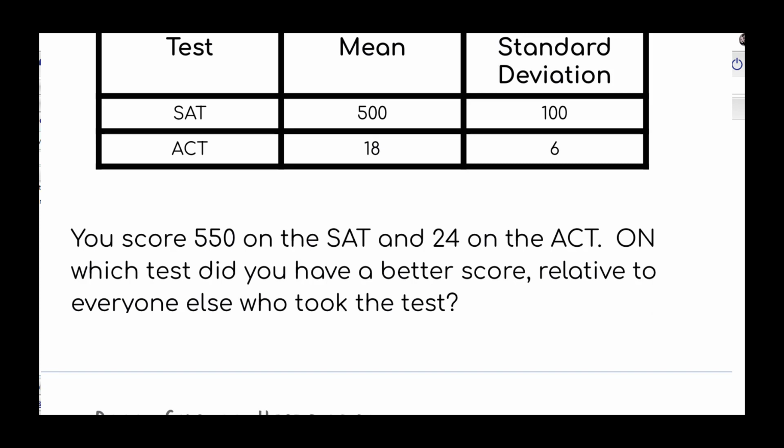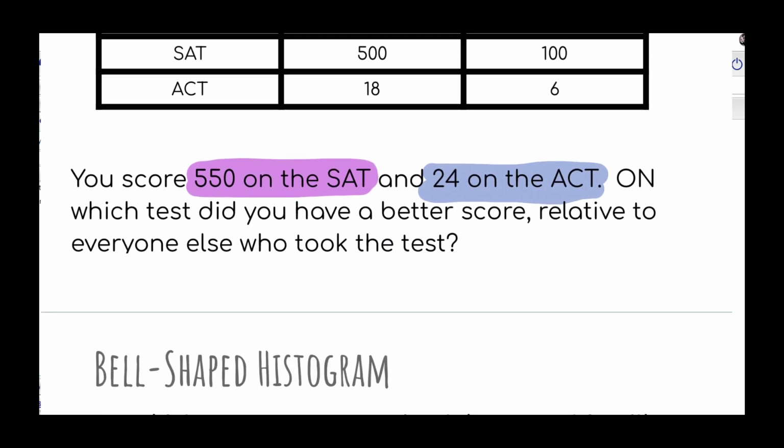So what I want you to do is pause the video and find the z-score for 550 on an SAT and the z-score for a 24 on the ACT using this up here, and then decide who did better, the person who scored 550 or the person who scored 24. Again, you must find the z-scores first. So pause the video and then come back and we will go over the answer. All right, so